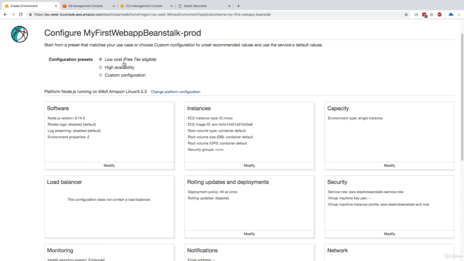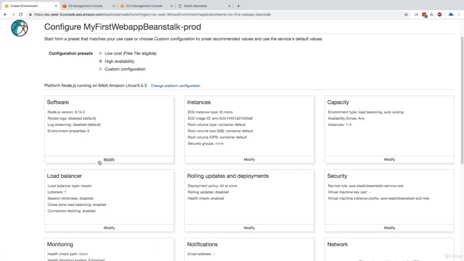As I swipe through, you see each panel on the left-hand side. For example, if you look at the capacity, right now in terms of low cost, we are with a single instance. If you click on high availability, we get load balancing, auto scaling in any AZ, and between 1 and 4 instances. Same for the load balancer. Right here, because I'm in high availability, it is configured, but if I click on low cost, it will not appear. Obviously, you can choose between these two, and you can also provide a custom configuration if you want to edit all these things. So let's have a look.